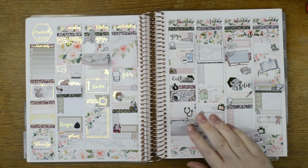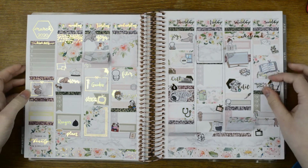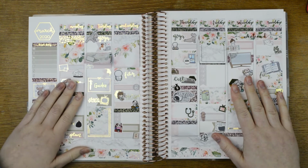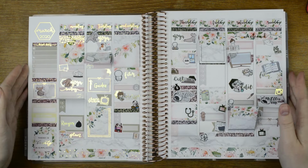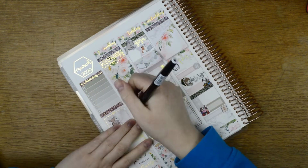So that is why I haven't used this kit over 2 weeks, even though it's technically a full kit, because I just need more stickers than is in that. So I'm now gonna go through and write everything in. Whilst I'm filling everything in, you know I always like to have a little chat with you